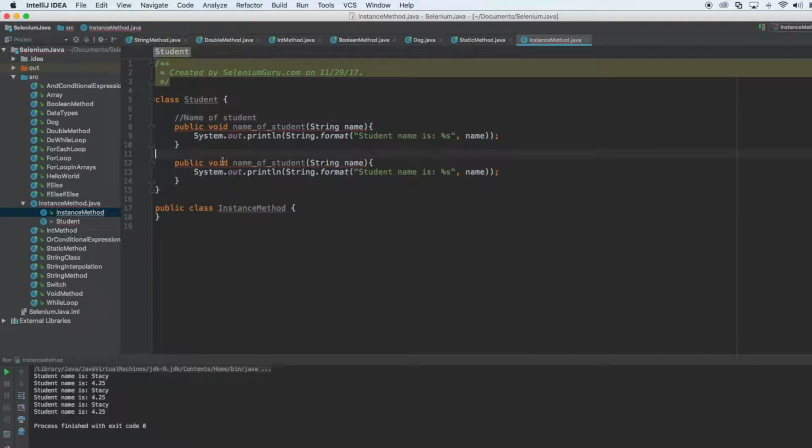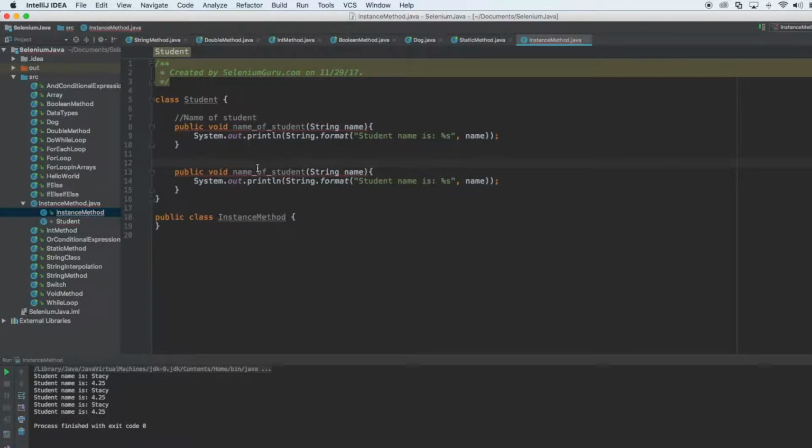And IntelliJ is pretty smart. If you copy it, and your method has the same name, it throws an error saying you have a duplicate method. So this is the grade of the student. It's going to do grade in here, and grade is always a double. So I'm going to use double. It's going to say grade, and student grade is